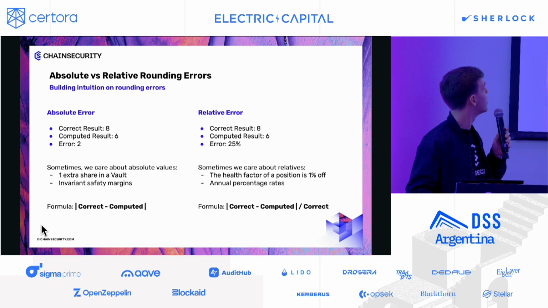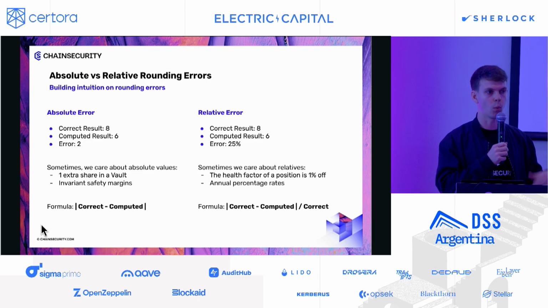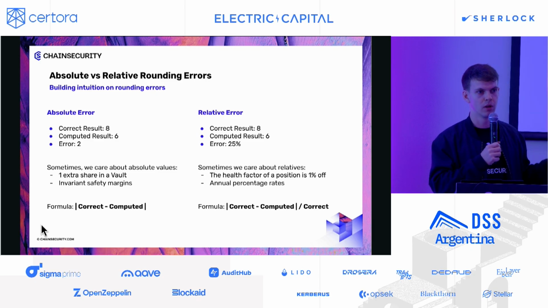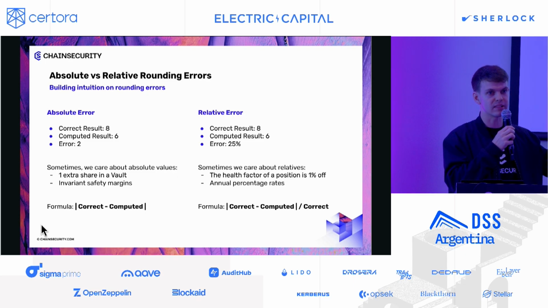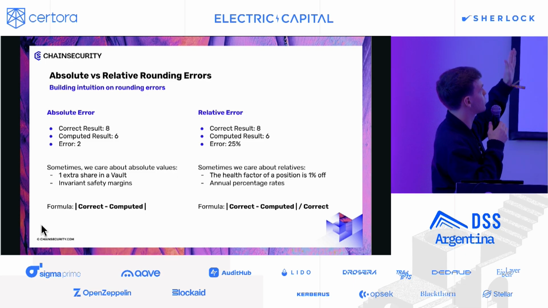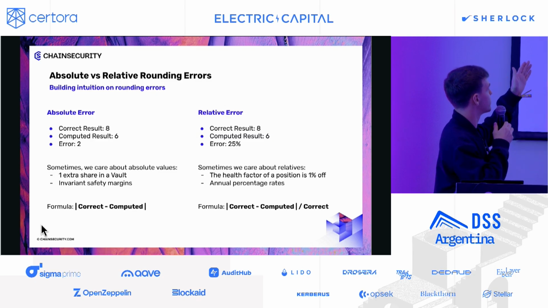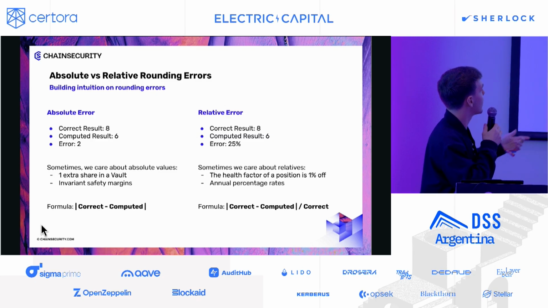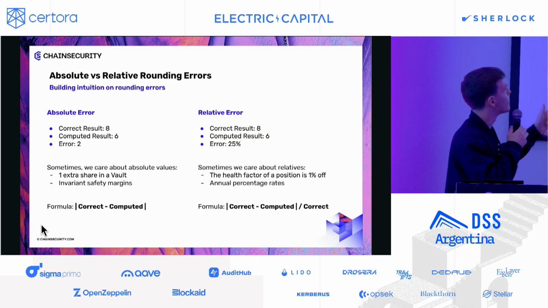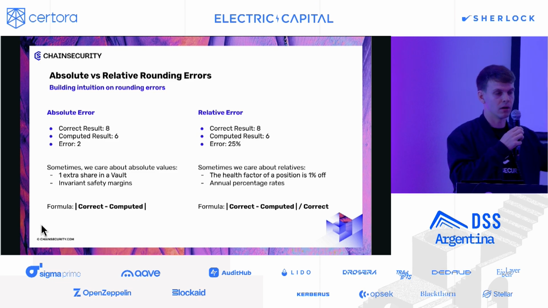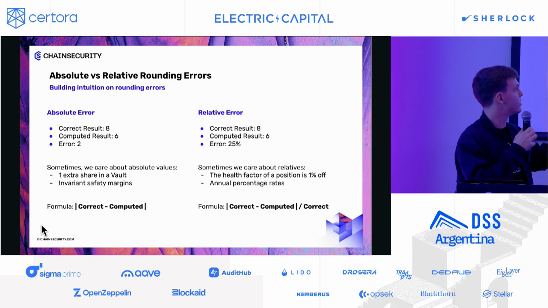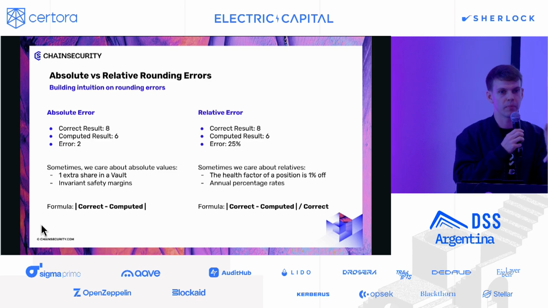Yes, so now what I want to talk about quickly is, because for now we've been talking only about absolute error, so we're 1 way off, 2 ways off, C ways off, so we can be a certain number of units off, but what's actually interesting also is how far we can be in terms of percentage. So for example, if the real value is 8, but we have a computed result of 6, then the absolute error is 2, right? The difference between the two. But if we speak in terms of relative error, with 8 and 6, we're off by 25% compared to where we should be.